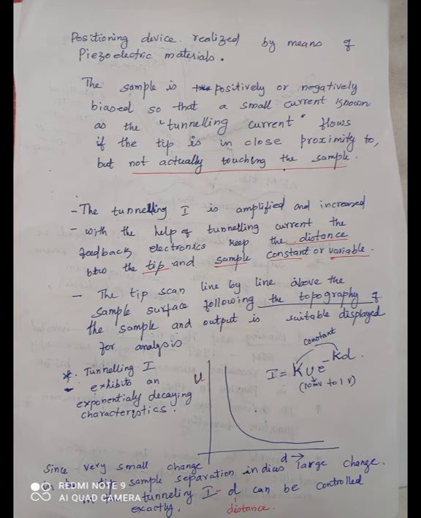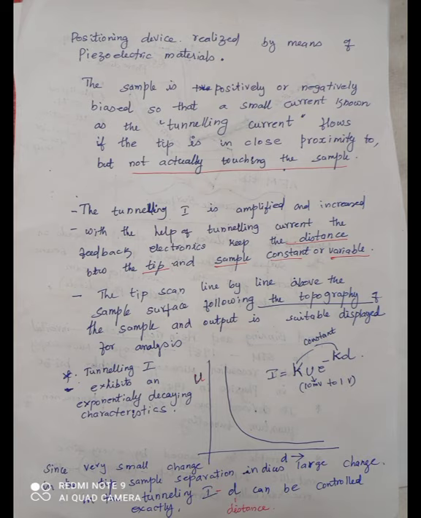That is directly proportional to the distance, and it depends on what the specimen is that we have taken in the sample board. Now, the tunneling current exhibits a diode characteristic, that is an exponentially decaying characteristic. So, we have an expression I equals capital K U e to the power minus small k d. The capital K and small k are constants. The U is nothing but the tunneling voltage, which can be given from 10 millivolts to 1 volt.